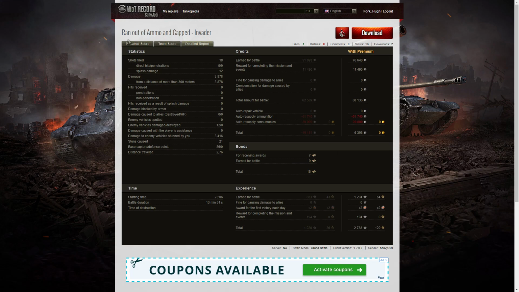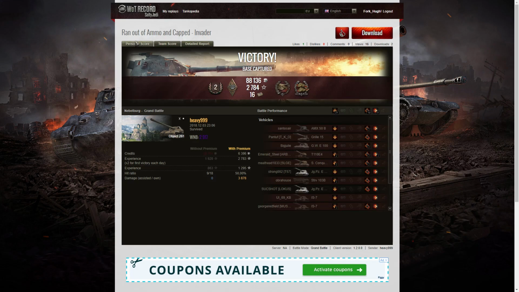and that's 2,783 experience points altogether. So yes, if you run out of ammo, or if you're an Arty and you can't go hunting for the enemy because it would be too dangerous, then the best thing you can do is cap and let your teammates put the pressure on the enemy, because they're going to have to try and get a reset. If they don't, you're going to win, and that guarantees the win for the credits and the points for